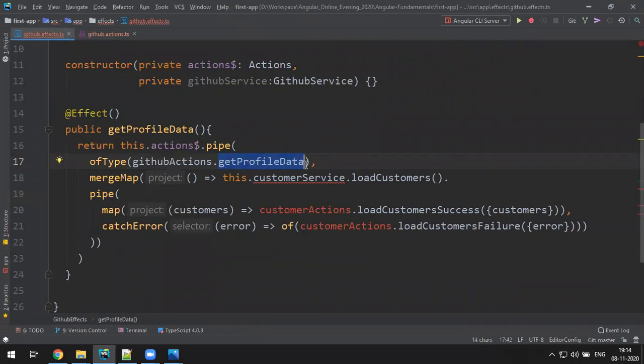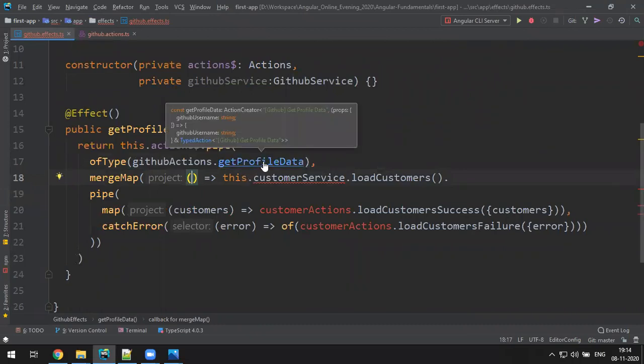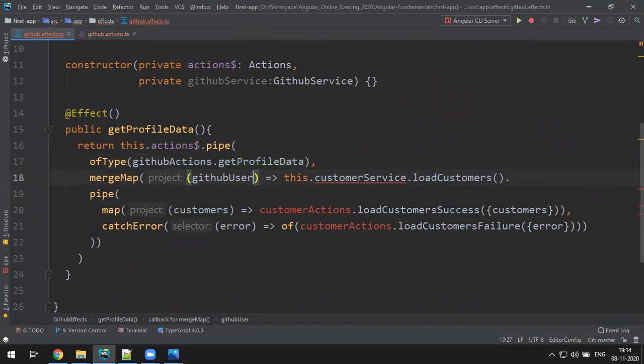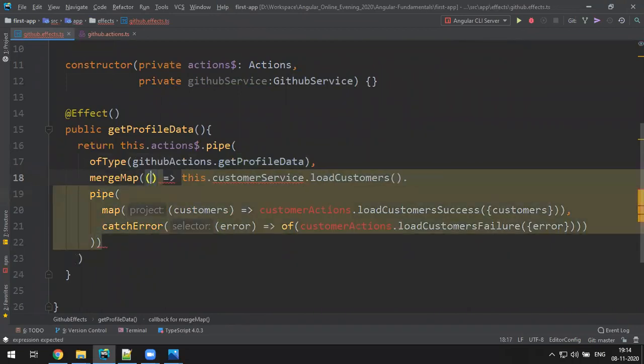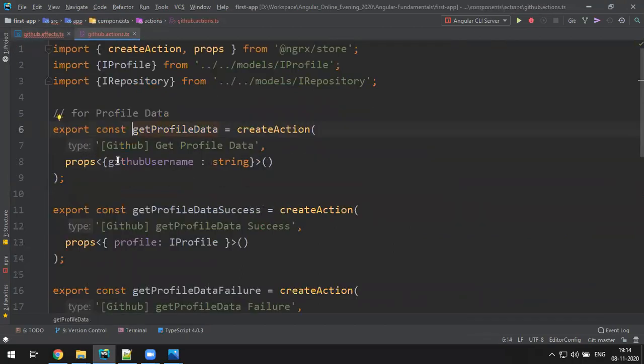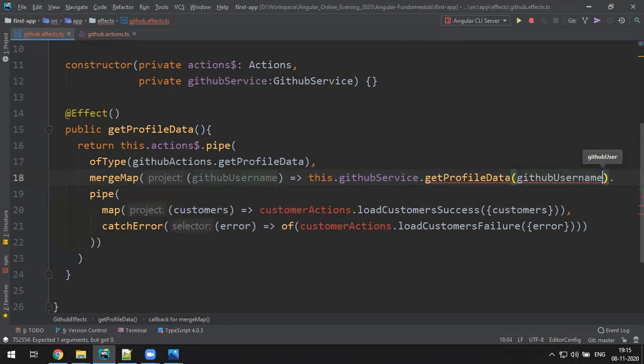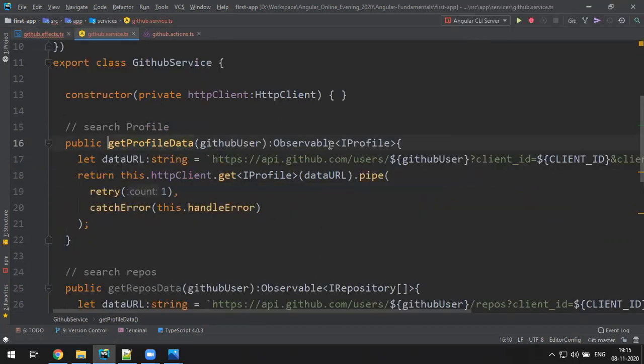So get profile data actually takes some data, the GitHub profile data. When you call this, you need to provide something here. I think here it gets the GitHub username. Where is that? Same name in the action. In the action, you provide some props. Copy the same props you provide over here to send it to the service, that is GitHub service dot get profile data, and provide the GitHub username. Okay, it's going to fetch data,